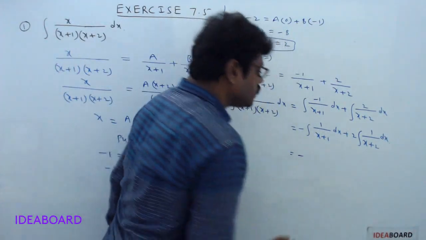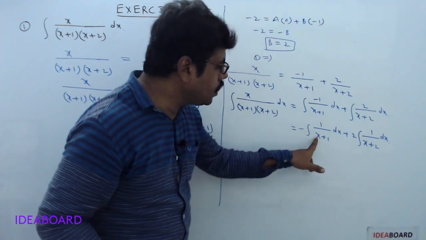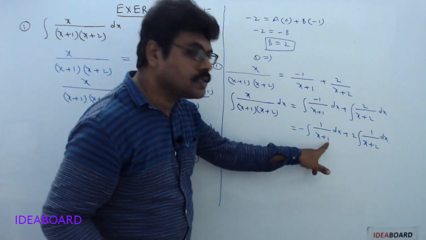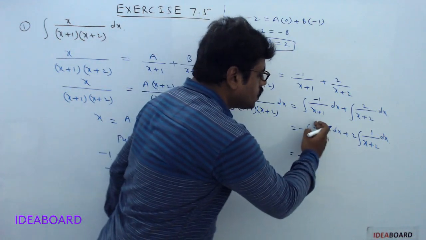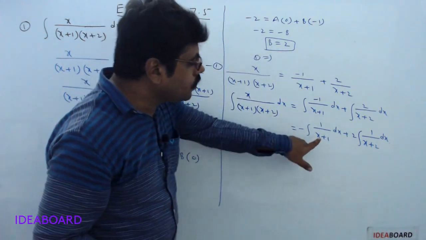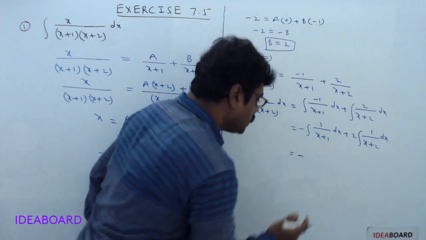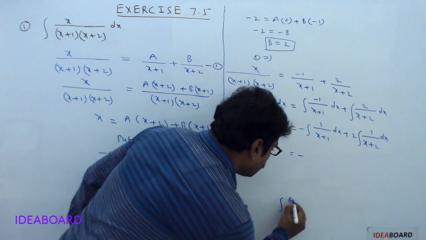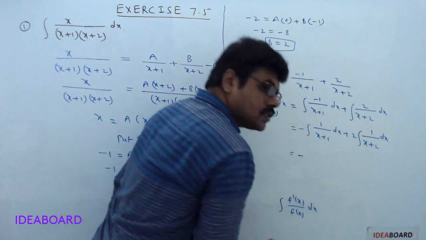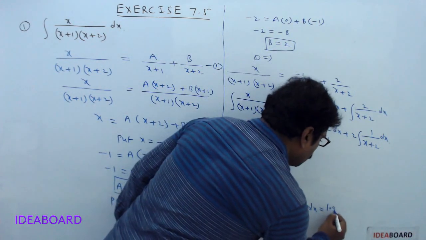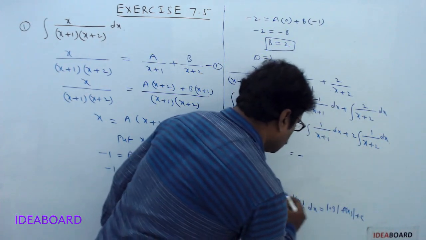Now this is minus, what is the derivative of x plus 1? Derivative of x is 1. 1 is the constant term, its derivative is 0. So derivative of x plus 1 is 1. It means derivative of denominator is in its numerator. Now clearly this term is of the form integral f dash of x divided by f of x dx. What is its formula? Log mod f of x plus a constant term c.